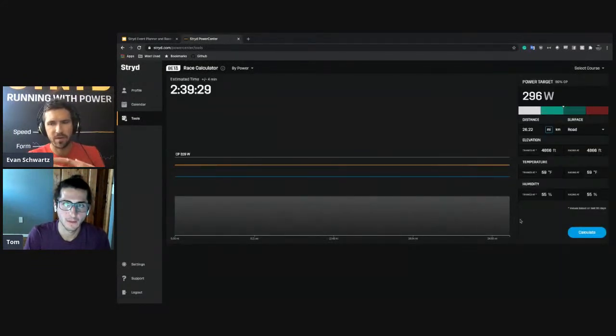For me specifically, the Boulder, when it hopefully returns to action next year, it's definitely something I want to have a very good idea of my performance, my ability to perform there. So I will have this course generally loaded up. I'll maybe potentially go out and run it easy again, or I'll look back at another past race I had there, and I'll upload that course, and I'll be able to target a very specific wattage for that course, because